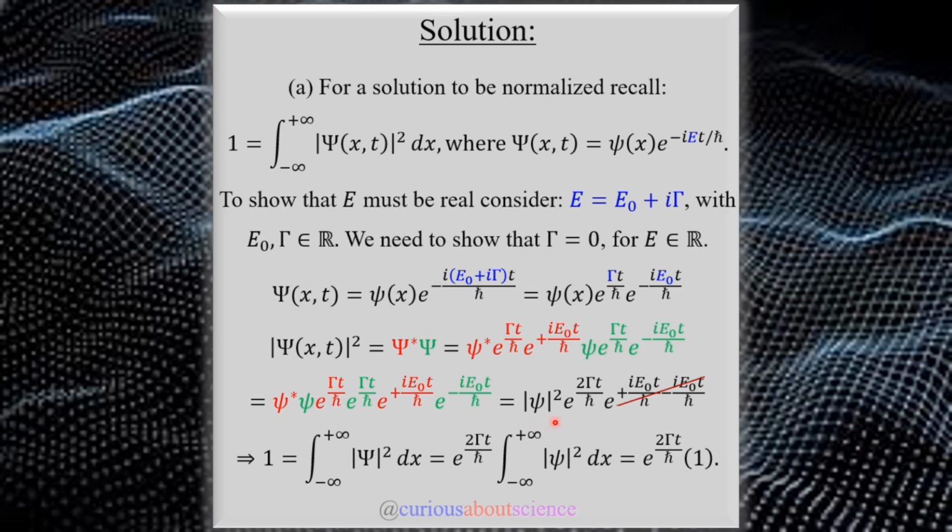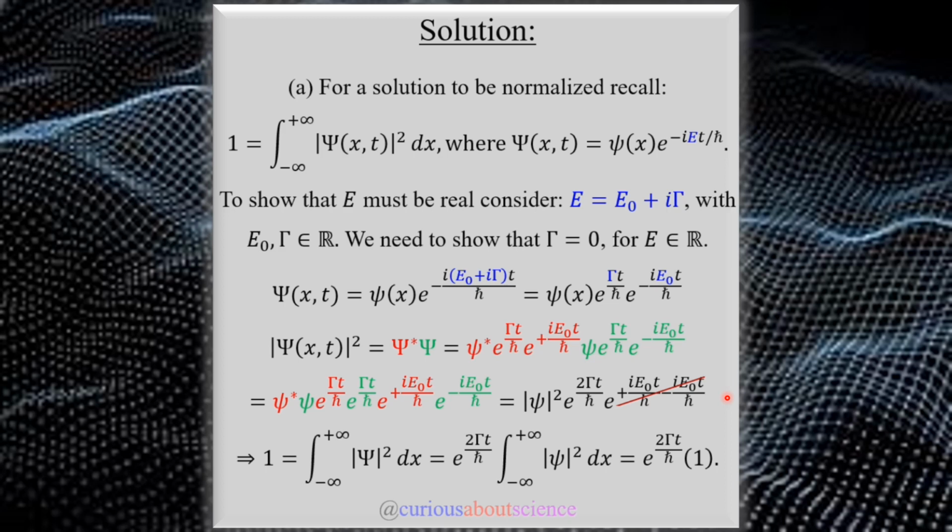What we see is that we get psi squared, because psi star psi is psi squared, and then we end up with two of the arguments here, one from red, one from green, and then we see that the complex part, the imaginary part rather, cancels out due to the complex conjugates. Cool, we've seen that before.